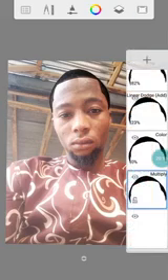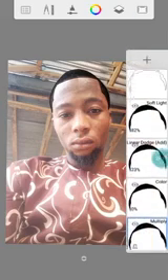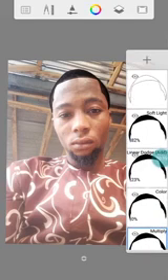Then you are going to do the same thing too, but take note. First of all, draw the shape of the hair. You first of all create a layer, draw the shape of the hair. If you are done with the shape of the hair,